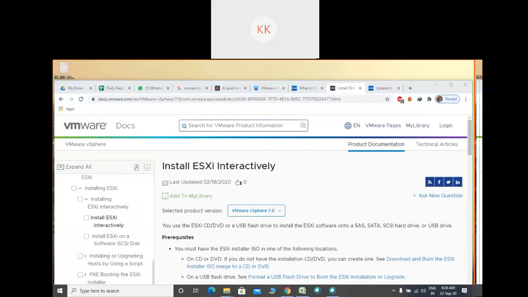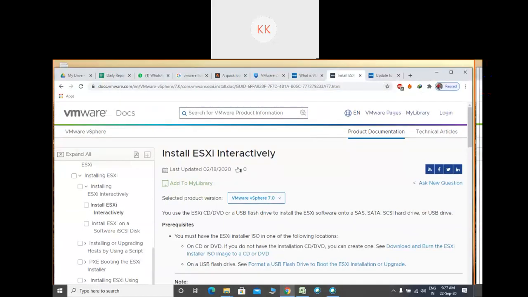But I have suggested you go with VMware ESXi 6.5, because 7 is a new product, so lots of features may be very sophisticated, and your PC may not support this. So go with the version suitable for you. The next one is the vCenter Server. If in one environment you have installed both these products, then you can claim that your environment is set up with the vSphere installation. So today I'll continue the same thing.